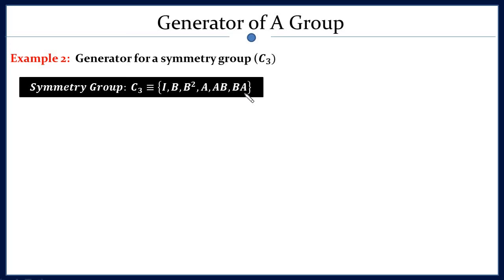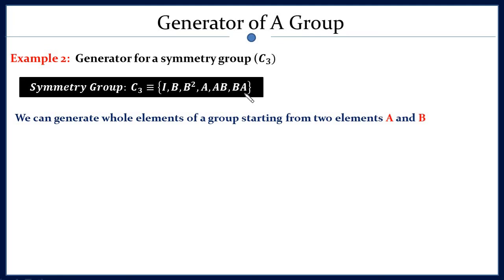Okay. Now suppose you know only 2 elements, A and B, and you don't know any other elements. Then you can take the help of the generator of a group. What is the definition of the generator of a group? That is a power of elements. So here I have element A and element B. Therefore the power of A and power of B will be other members of that group. Second, the product of the elements. Here we have 2 elements, so their product must be a member of that group.